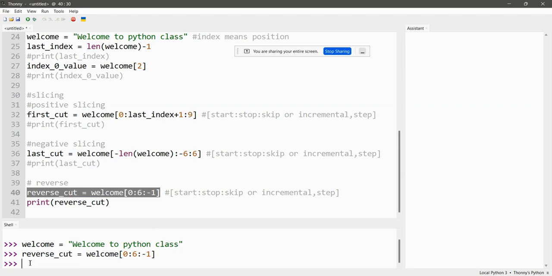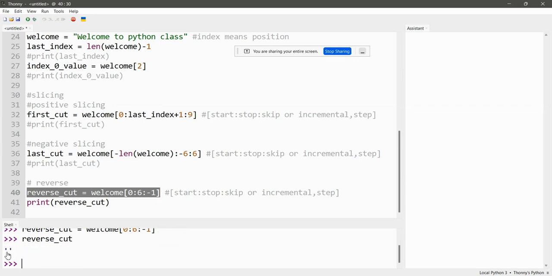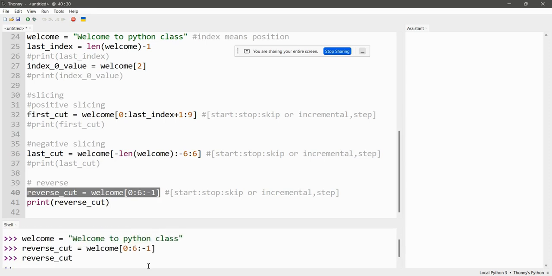So if I call the reverse_cat, you see this? What is the empty string, right? It means that what we are doing doesn't make sense, because when you check it critically,